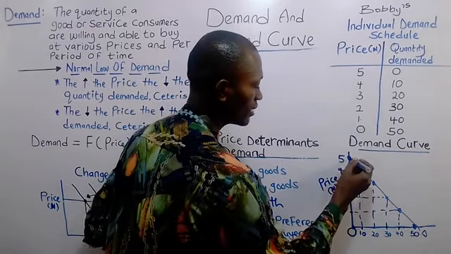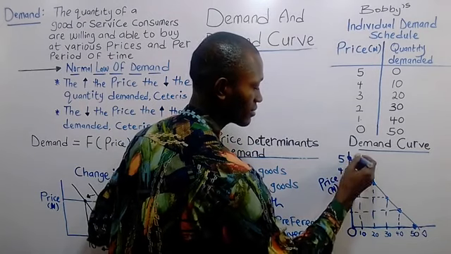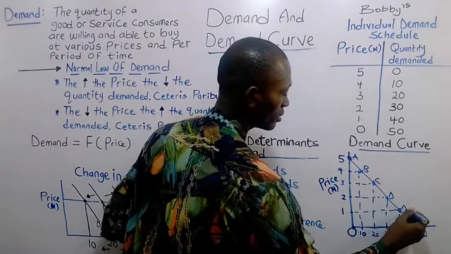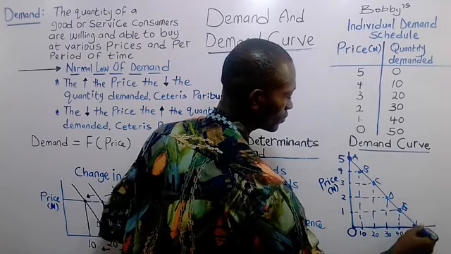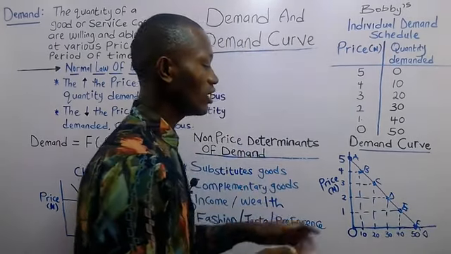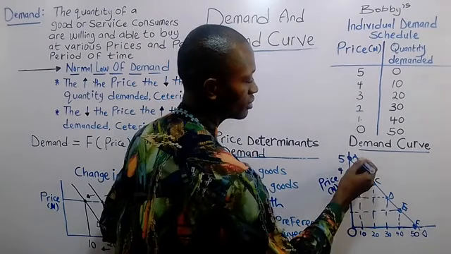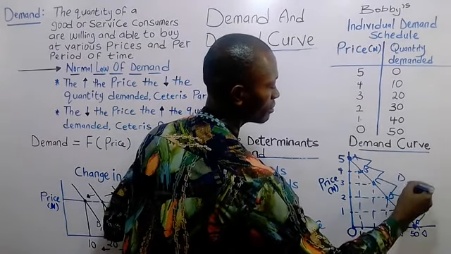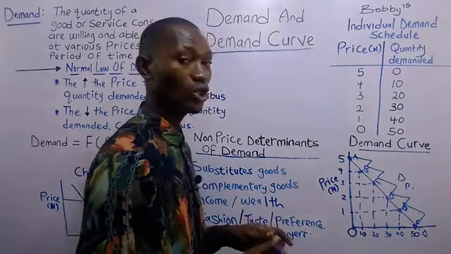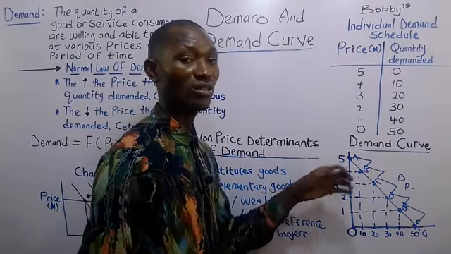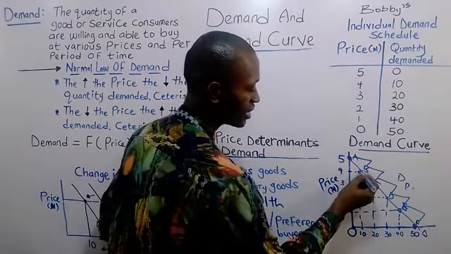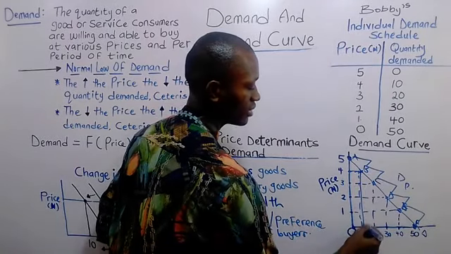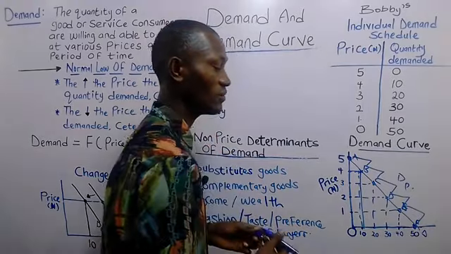All these points, all these asterisks, let's label them A, B, C, D, E, and F. Alfred Marshall called all these points demand points. He called them demand points, and they show the respective price-quantity combination. At each asterisk, there is a relationship, or combination, between price and quantity, whichever way.